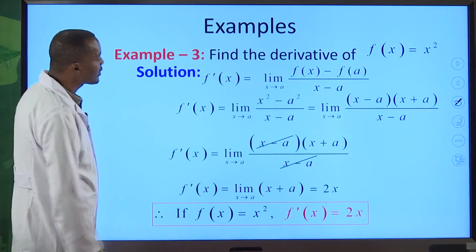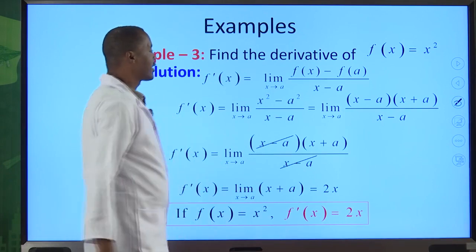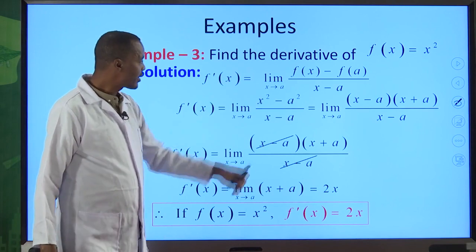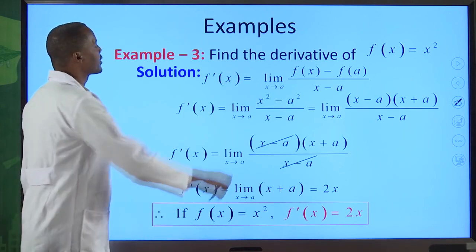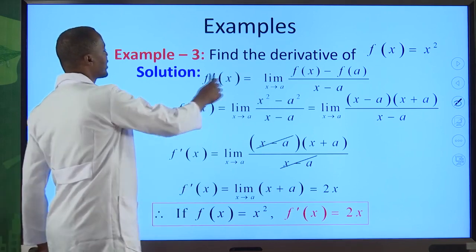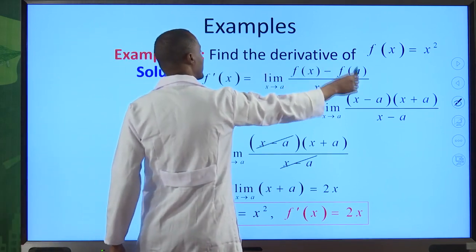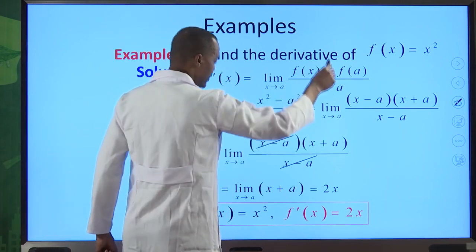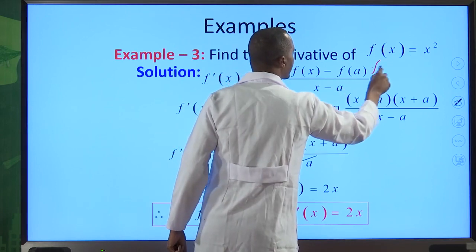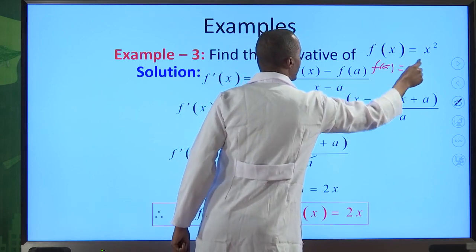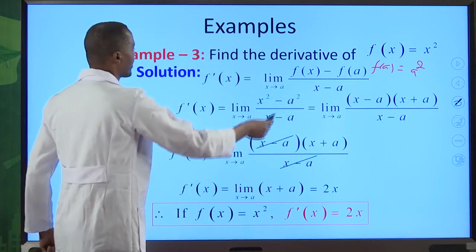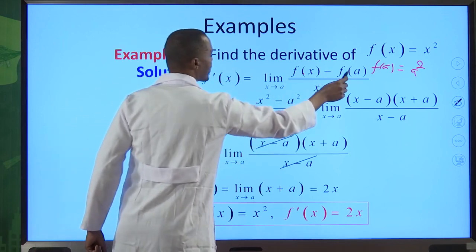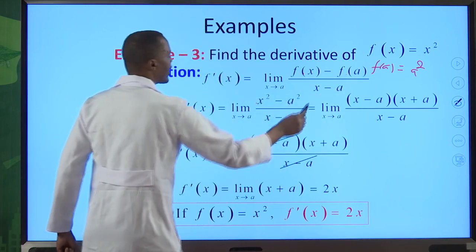Here it says find the derivative of f of x is equal to x squared. In our example, I am trying to gradually take you to a higher level, starting with a simpler example. Now f of x is equal to x squared. So f derivative of x is the limit of f of x minus f of a divided by x minus a as x approaches a. According to this function, f of x is x squared and f of a is simply a squared. So f of x, that is simply x squared, minus f of a, that is a squared, and the denominator